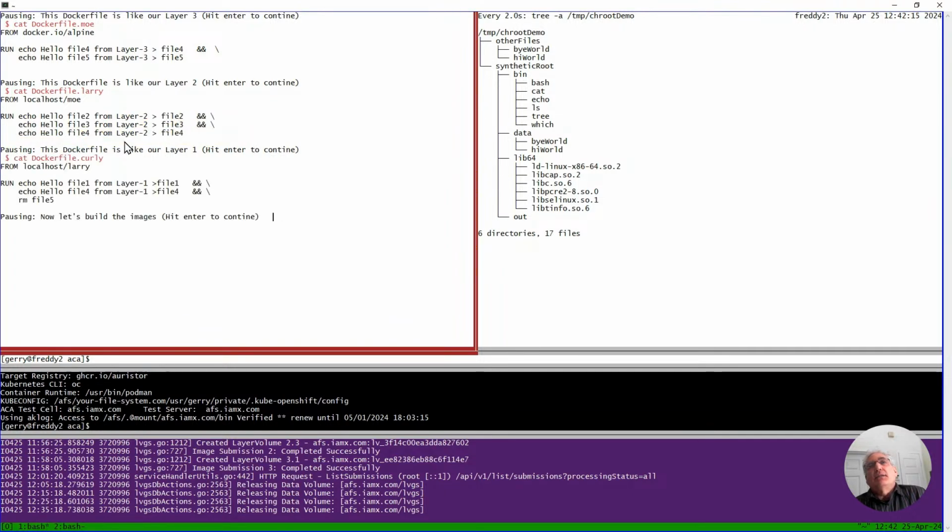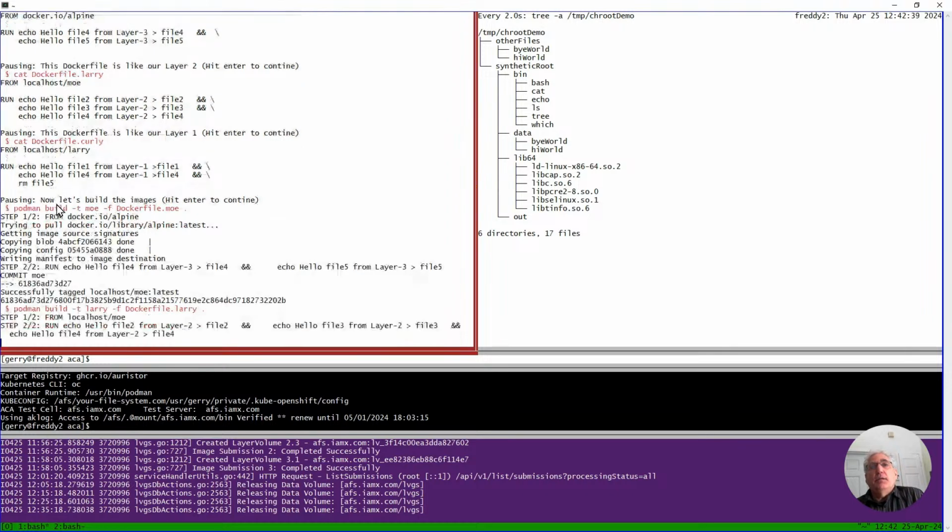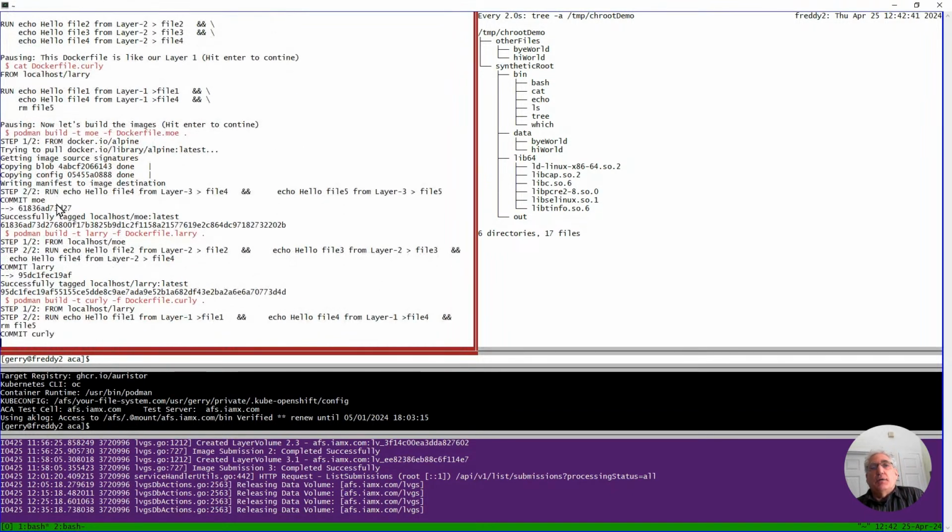And then finally, there's layer 1, where I say from Larry, create a container image Curly that has everything that was in Larry, but now I'm going to create a few more files. And I'm going to remove file 5. This is exactly mimicking what I did by hand with the overlay file system. So now let's build them and push them to a registry.